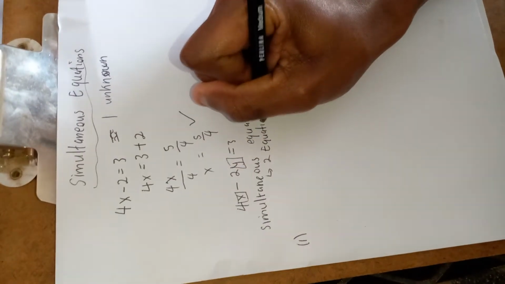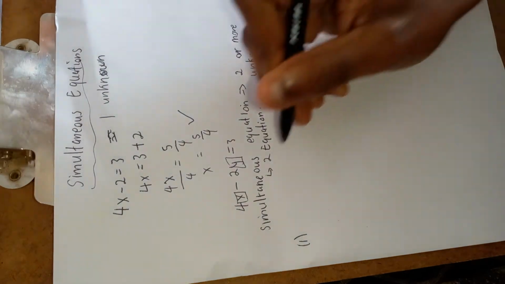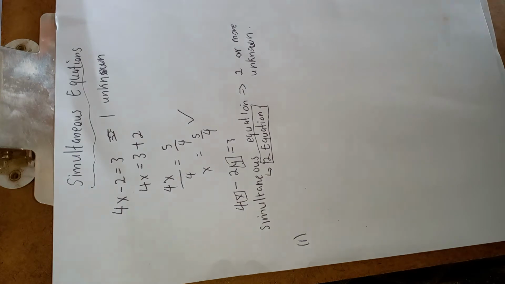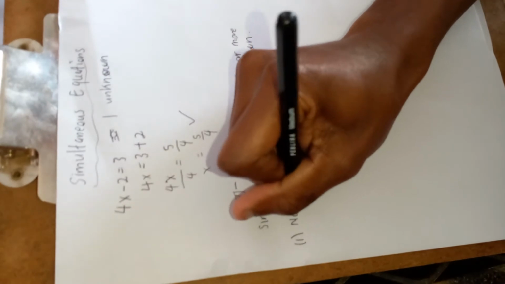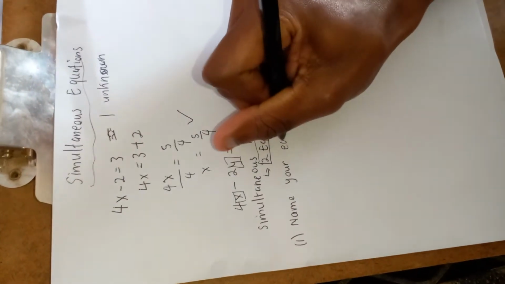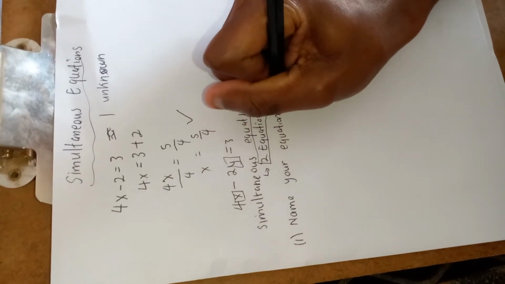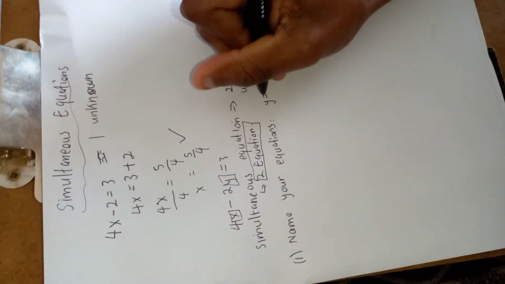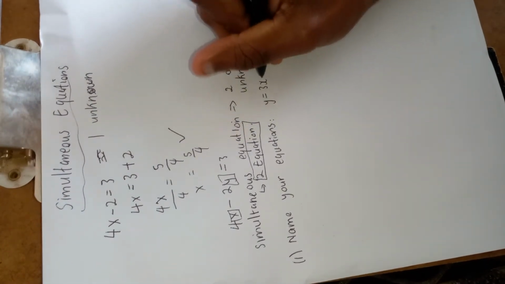But for grade 10, 11 and 12, in most cases, they give you two equations. So since you have two equations, the first thing that you do whenever you approach simultaneous equations is you name your equations. So how do you name your equations? For example, if you are given an equation of y is equal to 3x plus